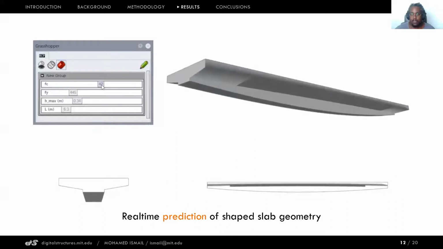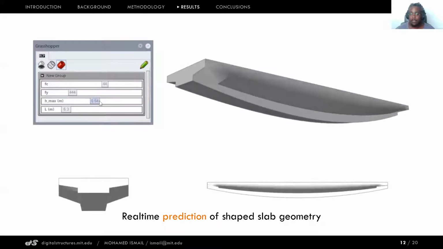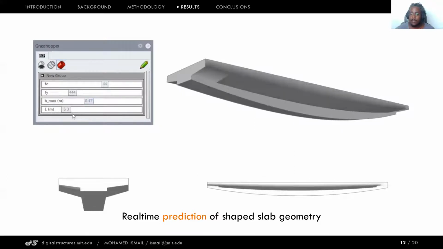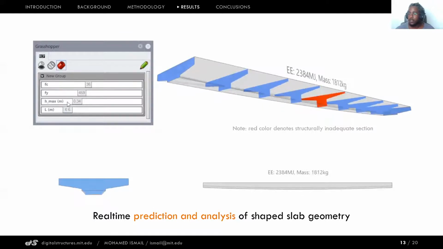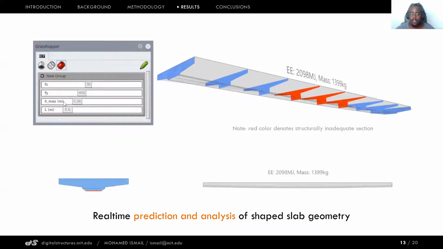This then results in a tool that in real time predicts a shaped slab according to those user inputs. And so this video, unlike the last one, was not sped up. This is just what it looks like in real time. We can then reanalyze those results of the predictive model to make sure that it meets the structural conditions that it was designed for. And it won't always work, but most of the time it gives you feasible shaped slab